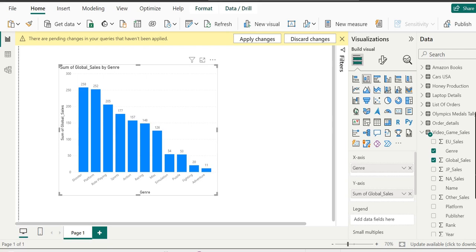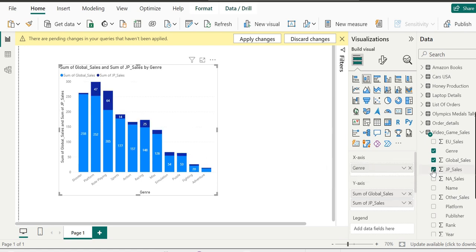Now let's focus on visualizing addition on the chart itself. Now we have global sales record. What if you also wanted to view aggregated sales on a specific region? Let's just say we also wanted to visualize the sales recorded from Japan across the global field. We just head over to the field menu and then drag and drop JP sales or just click on JP